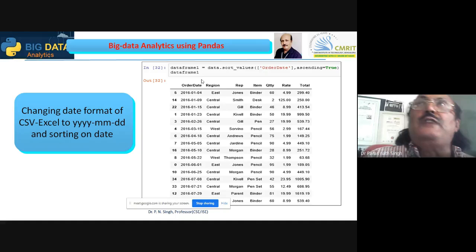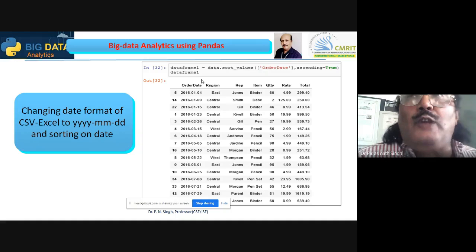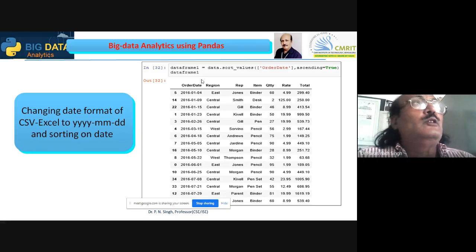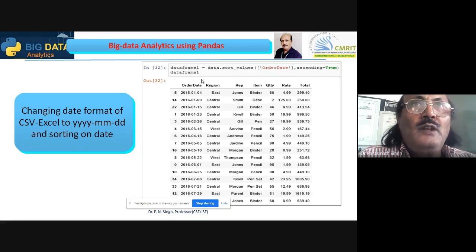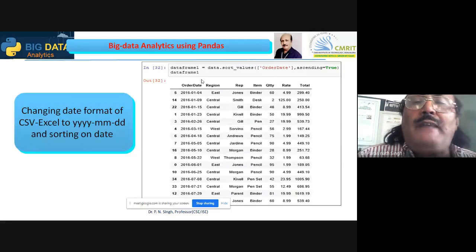If your Excel data sheet has a date column and the date is written in some other format, the first duty is to change it, because it is date data. In Excel there is an option to change the date format. Have any of you experienced the date format in Excel?